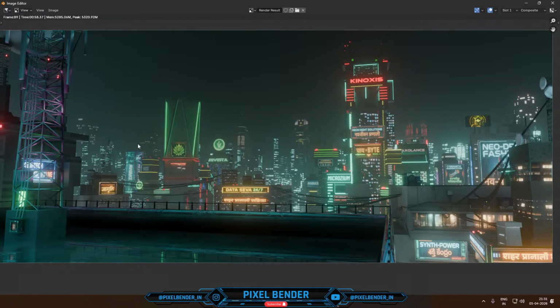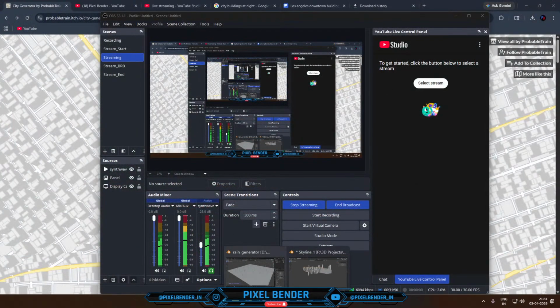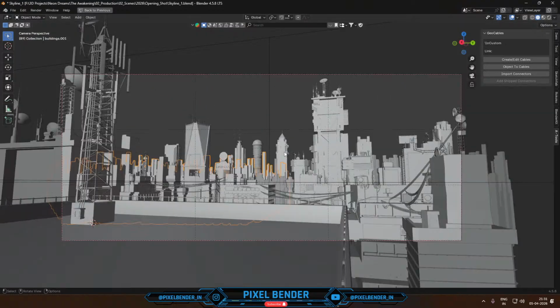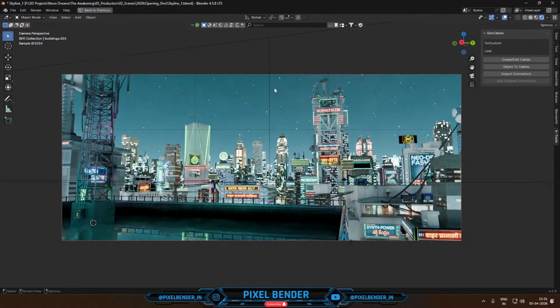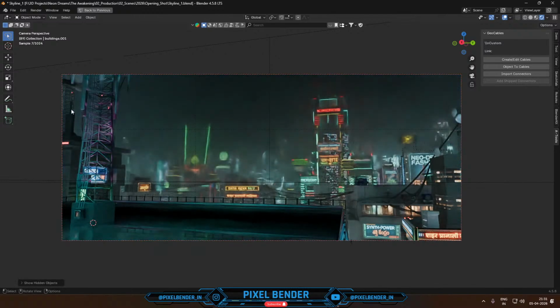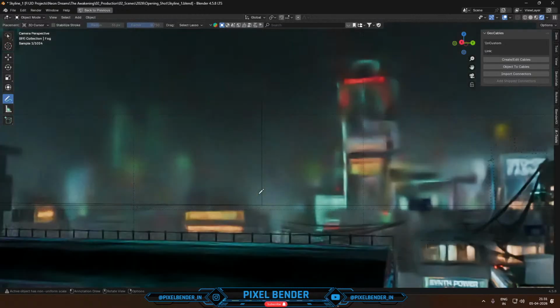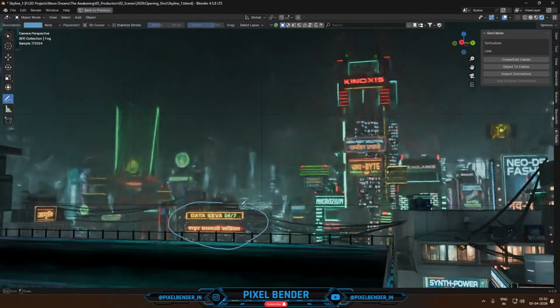And after adding the cluster of buildings and the foreground and background buildings in the far back, I also added many of these neon ads. I created them with Gemini or ChatGPT, whatever you use, just because it's easier and faster. I'm not saying AI can do everything, but it definitely speeds up the process. So, for example, this kind of ads,